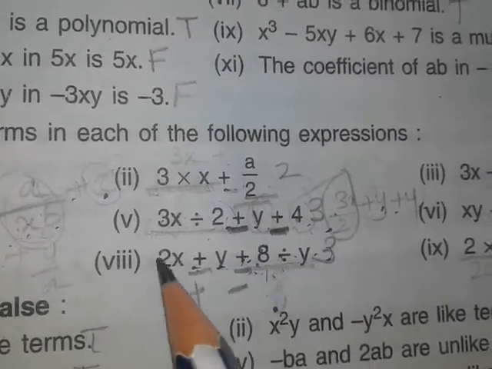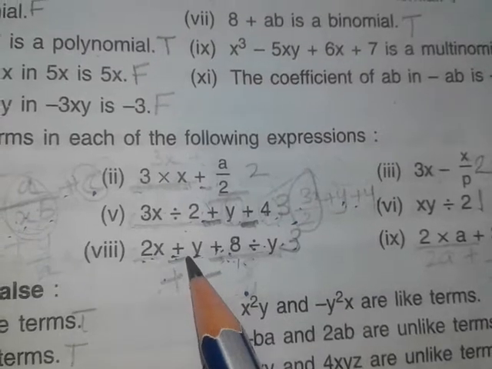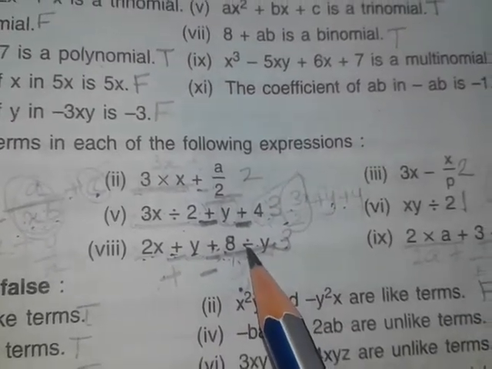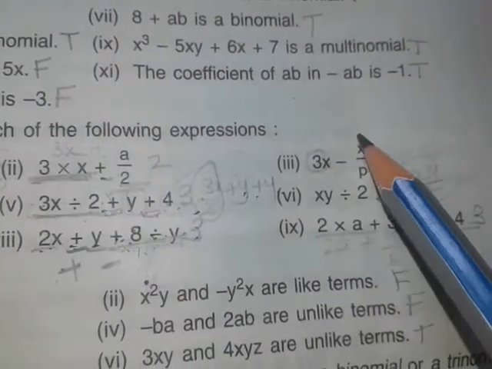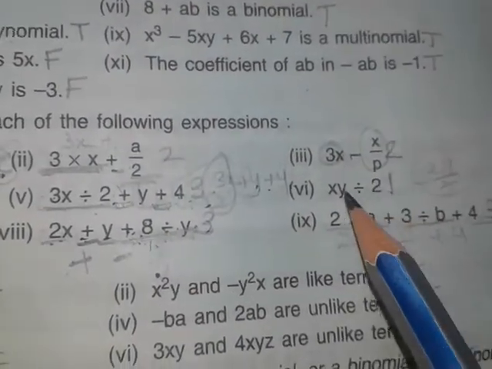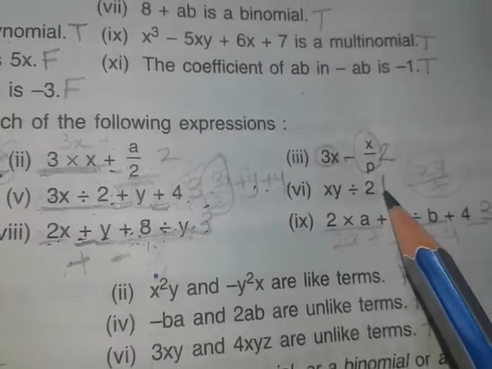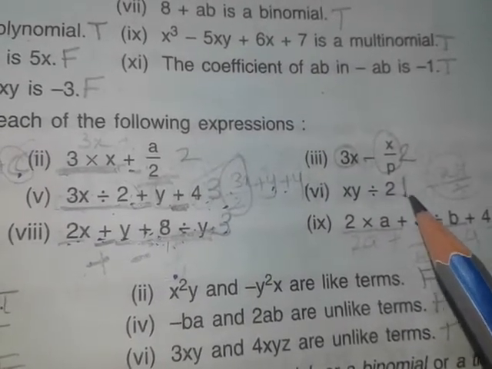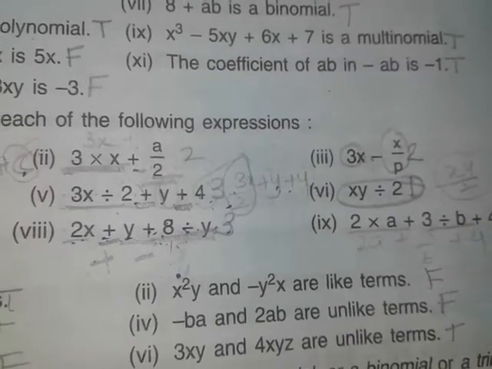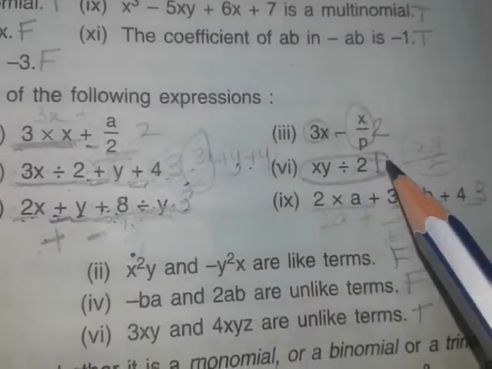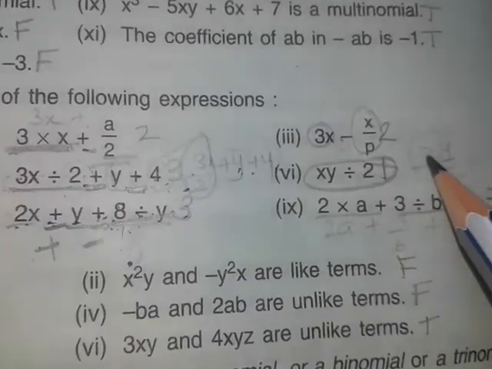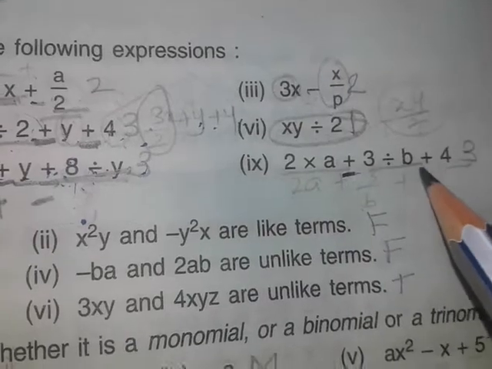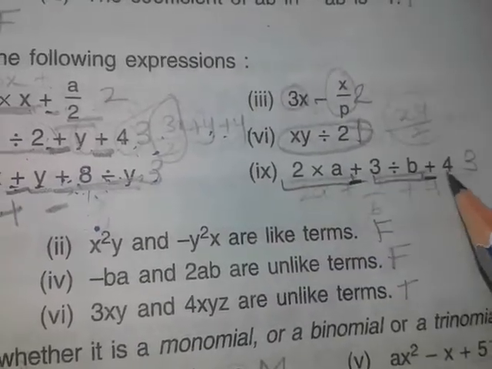So 1, 2 means 3 terms. 1, 2, 3. Okay. You cannot separate by multiply or division sign. Here also 1 and 2, because one minus sign is there. Here, xy, there is no minus or plus sign. So what will you do here? There is no plus or minus sign, which means there is only one term. This will be written as xy upon 2. So plus 1 and 2 means 1, 2 and 3 terms. Okay.